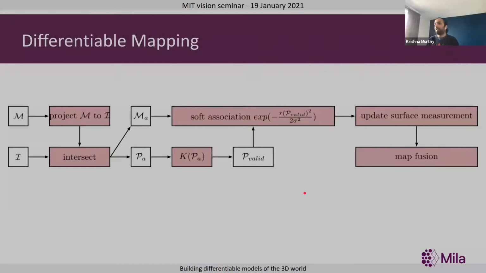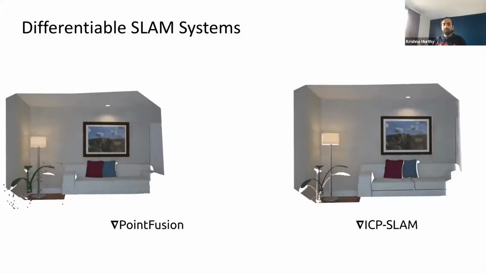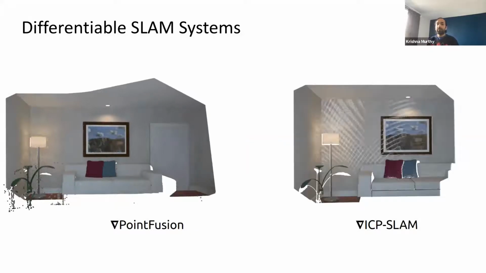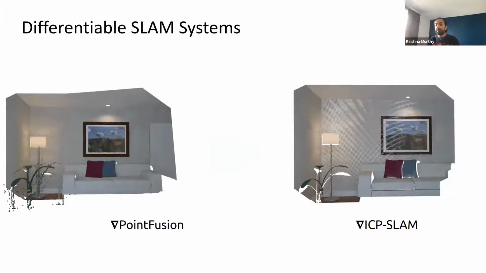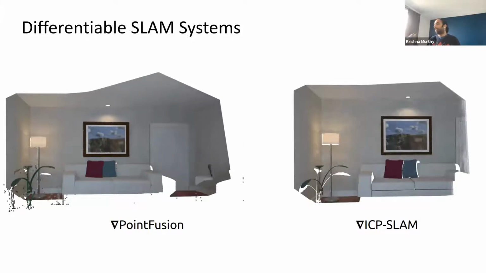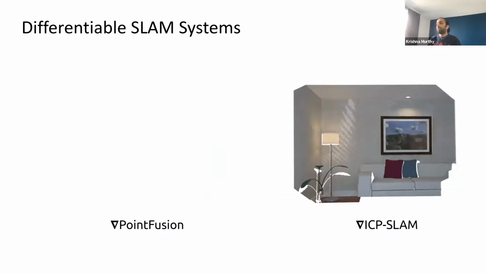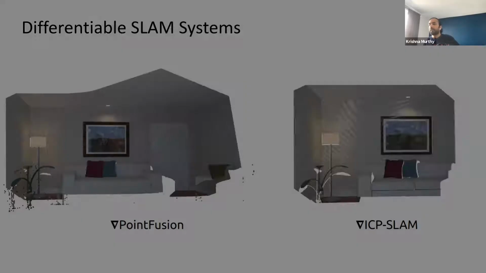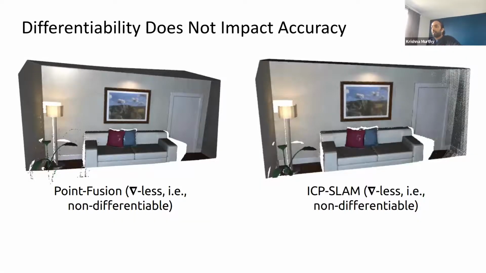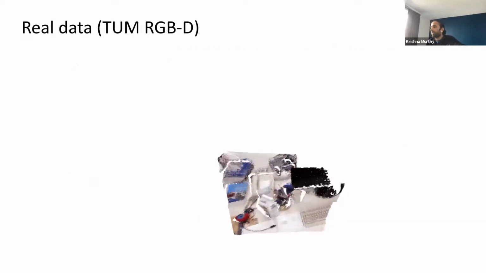We also have a few differentiable raycasting and mapping modules to support a few SLAM systems. But the key idea is we ended up implementing differentiable variants of two existing 3D reconstruction pipelines. And the accuracy of these pipelines was not really impacted by all of the design decisions that we had to make to smooth things out and make things differentiable. And it works fairly well on real data. Real data contains a lot more noise, so there's some drift, but it works reasonably well.